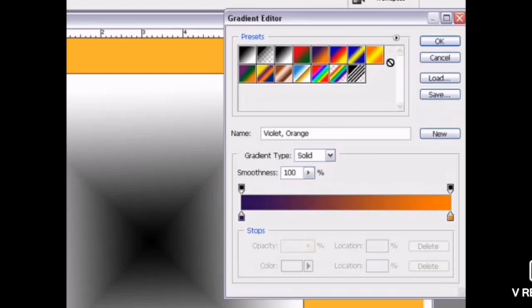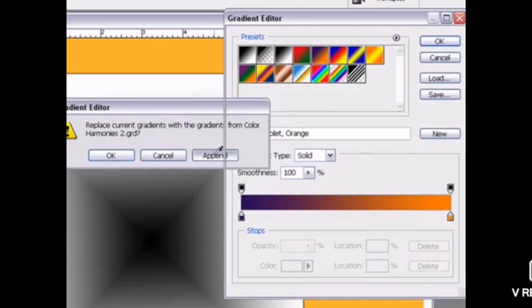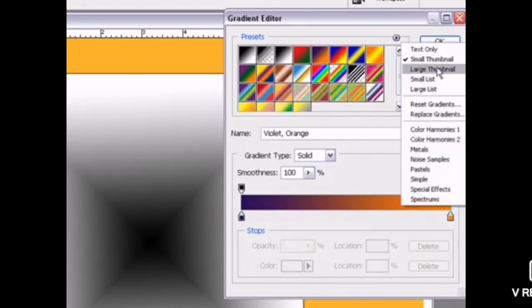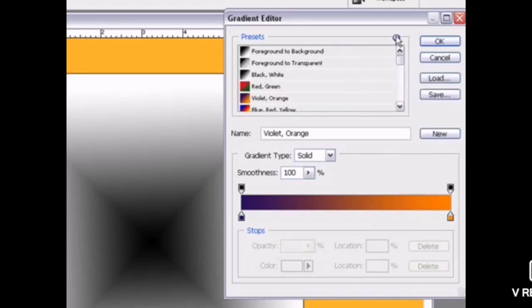In the workspace area. Now suppose I want to create a new pattern. So how to create a new pattern? Just click on the box of the preset, then choose the color from the boxes. As you click on the append, many other colors will appear on the screen. Now thumbnails.